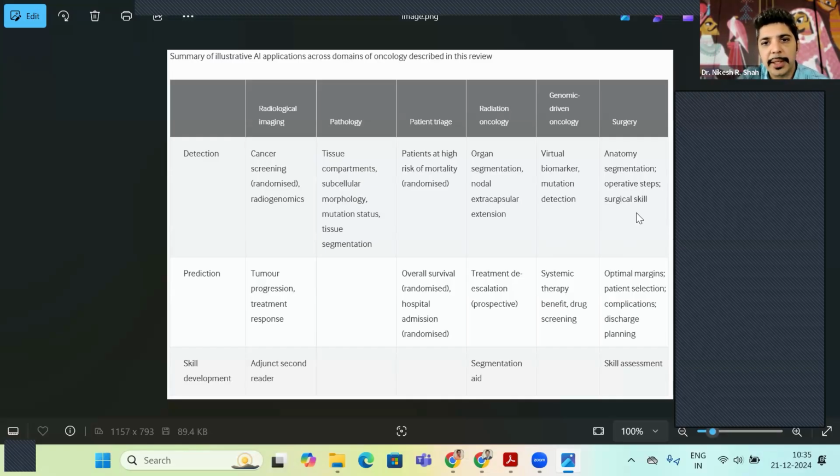So in many of these cases, we always talk about AI replacing doctors. In many of these, they are all complementary to what the doctor is already doing, right? But yes, we do have to reimagine the operating model itself. Similarly, on the prediction side, can you actually, based on the tumor progression, predict the treatment response through radiology, so that we know where to intervene and how much. Similarly, on patient triage, can you predict survival and also predict when somebody might need a hospital admission, so that